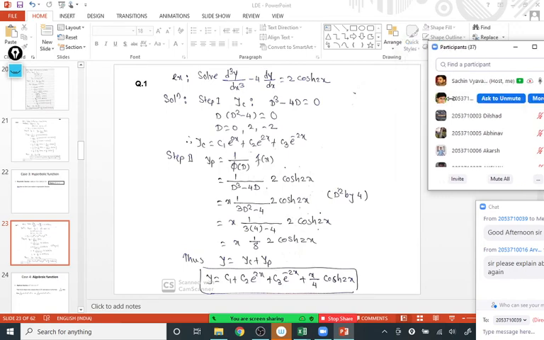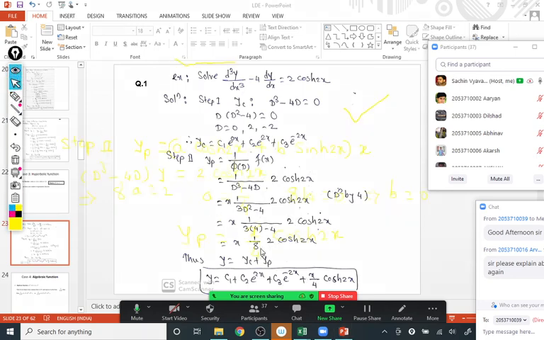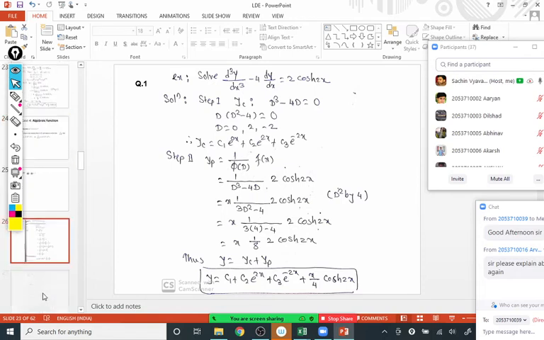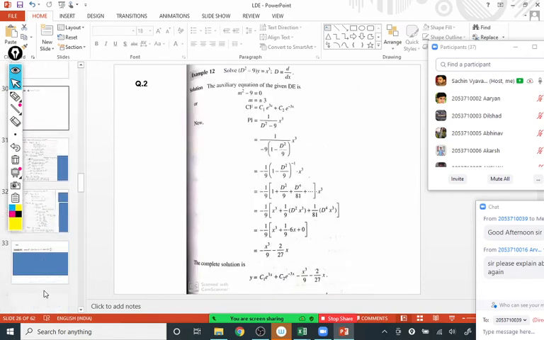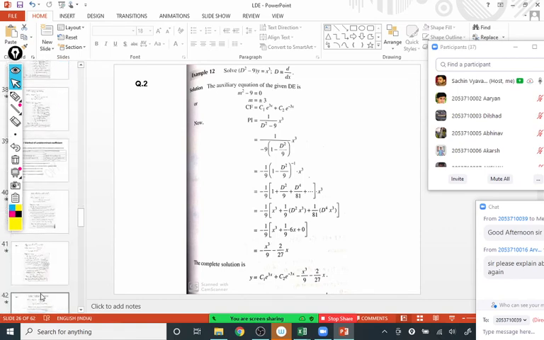Ankur, good that you did that calculation and your answer is the same, which is x by 4 cosh 2x. But you may observe that it's very difficult by undetermined coefficients, and by the shortcut method it becomes simple. So some numericals can become simple with one of the methods, but in the exam I generally suggest you prefer the shortcut methods instead of undetermined coefficients. Now I will come to the doubt of how to select the trial yp, because many of you have difficulty in getting the trial yp for the given equation.